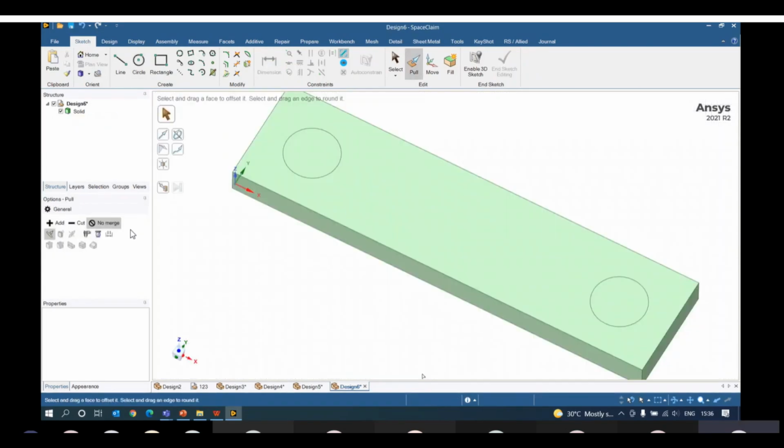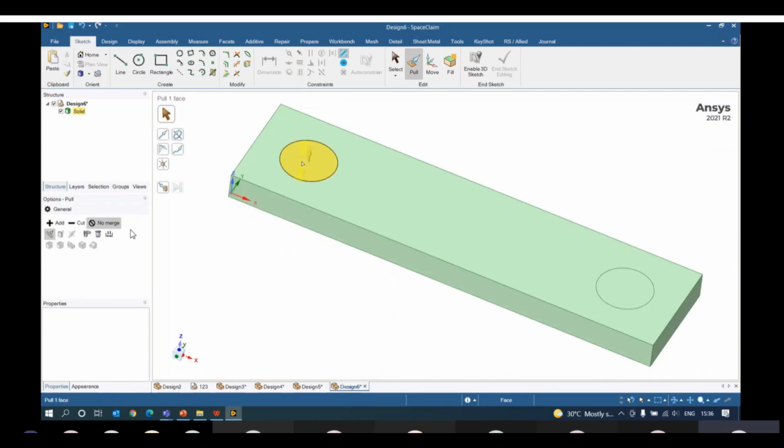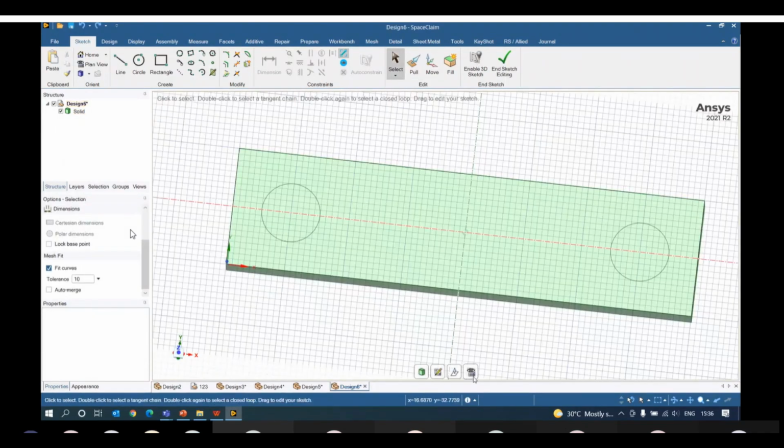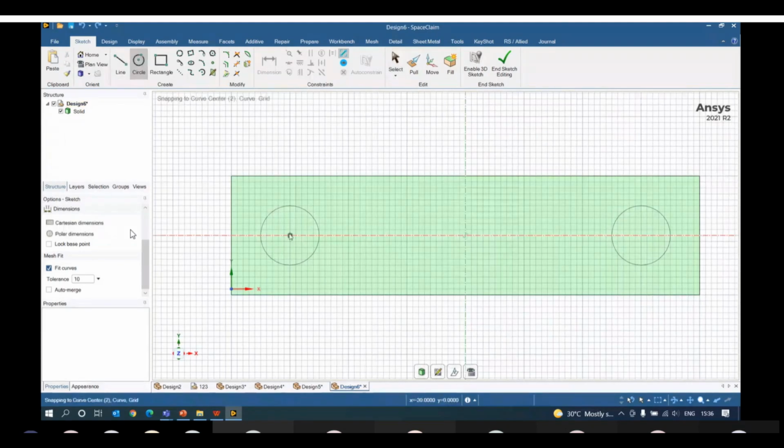Fine. So we have come back to our 3D zone. In case you want to slice it off directly, you can just move it in the opposite direction to slice it, or to add material in the arrow direction. If you pull, you will be able to add the geometry, right? So you can do it in this way, or you can move it once again the same way, and we'll just have one more circle here of something 8,